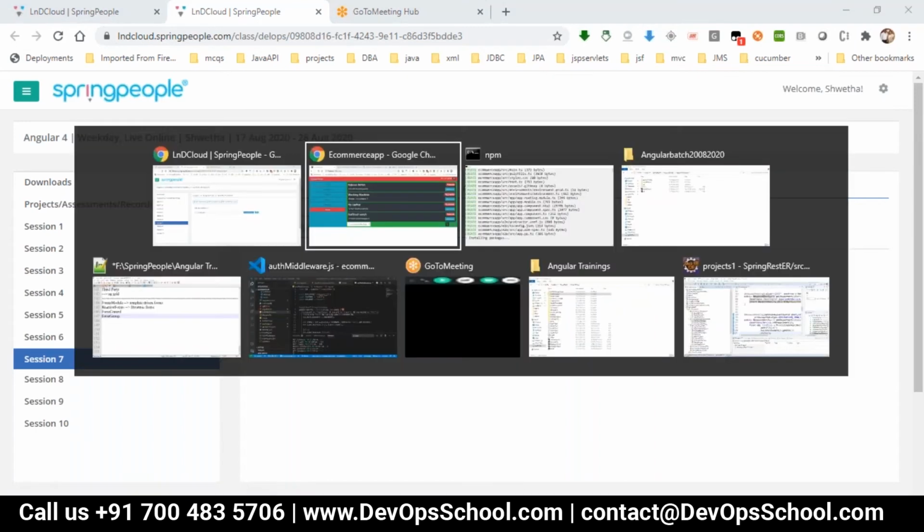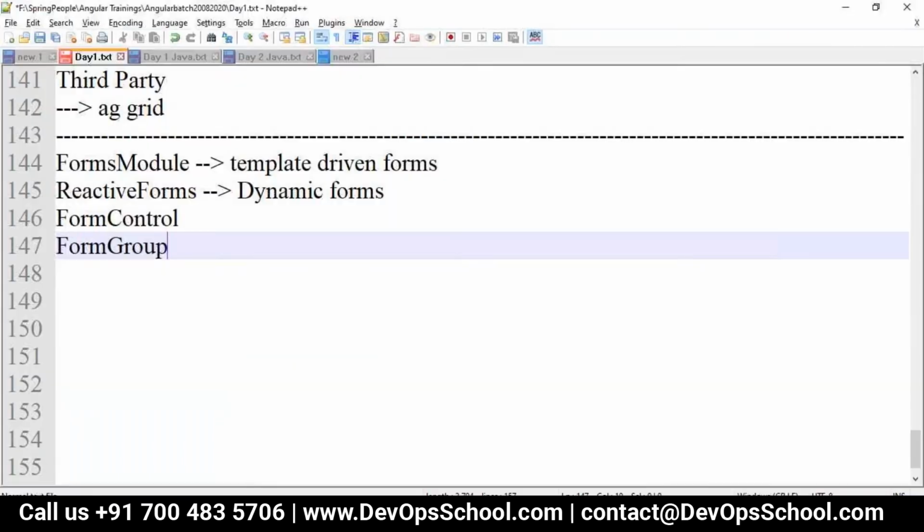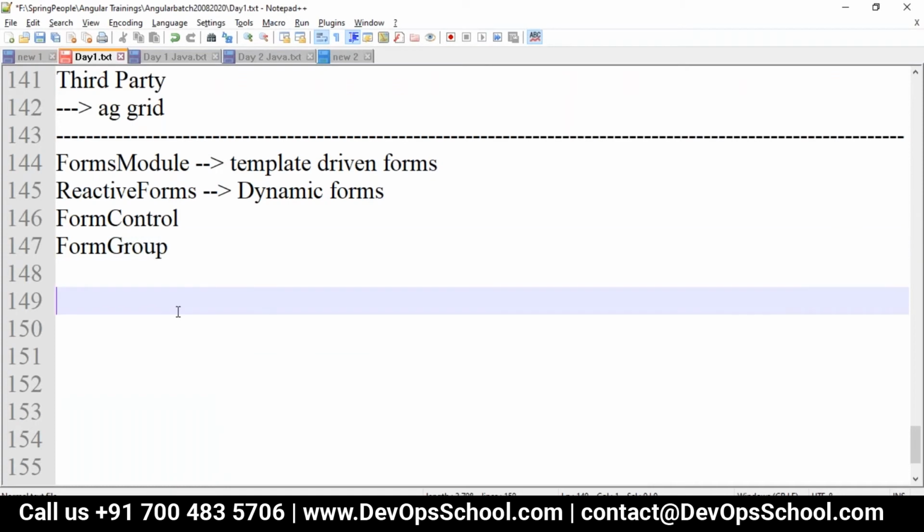Once the project is created, we have to install some dependencies. First, Bootstrap.